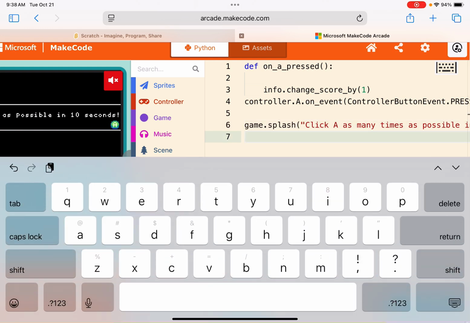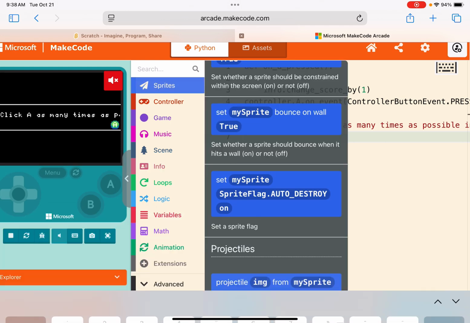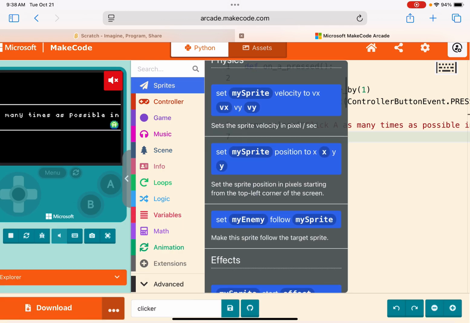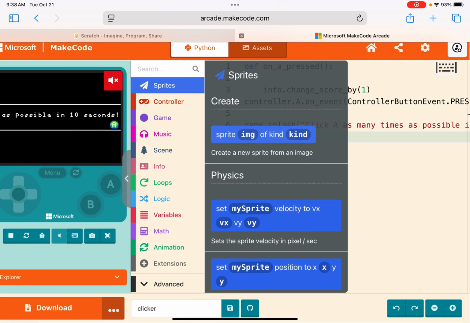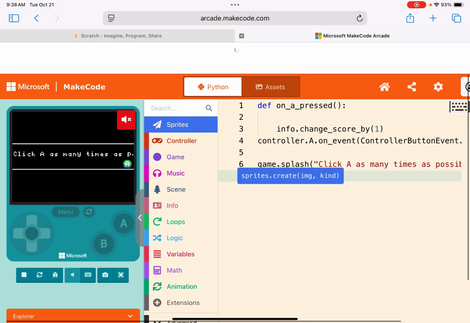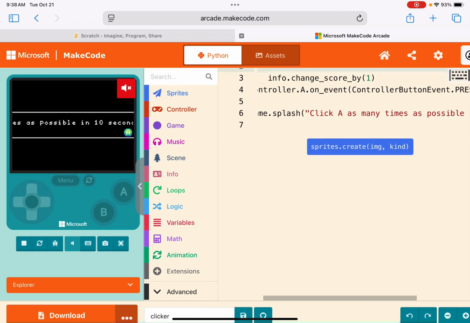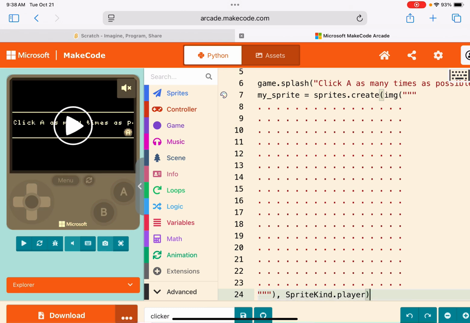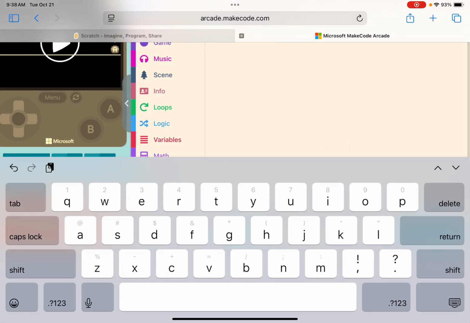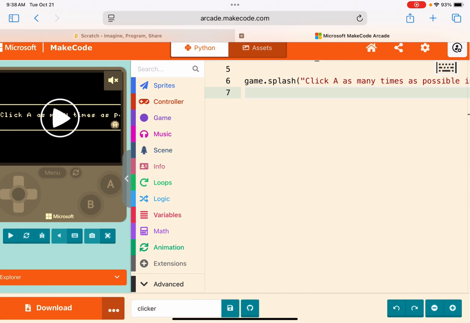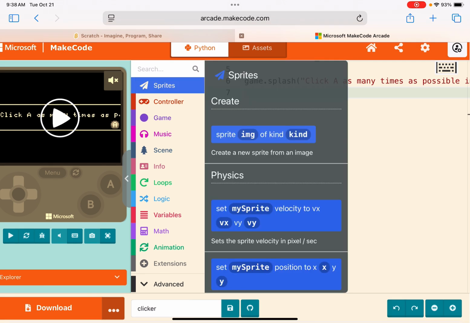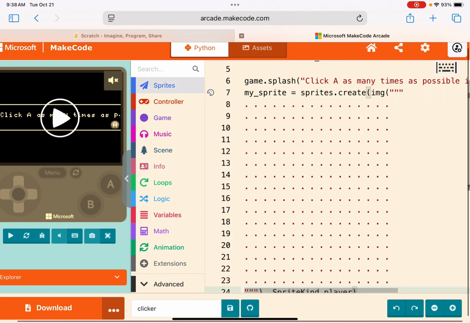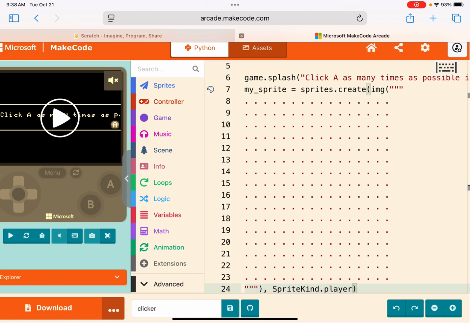Let's get a sprite to be in the middle of our screen. So I'm going to click sprites. I am going to go all the way to the top, and I'm going to grab the first one that says create, and I will put it right there on line 7. Let me just undo that because that was kind of hard to see. Okay, cursor on line 7. I'm going to go to sprites. I'm going to grab the first one, and then I'm going to put it right there. And when I do that, all this extra stuff pops up. So these little dots, these little periods, are going to represent